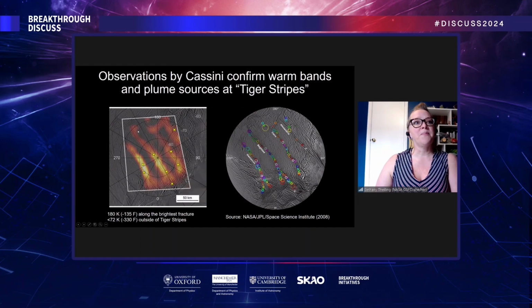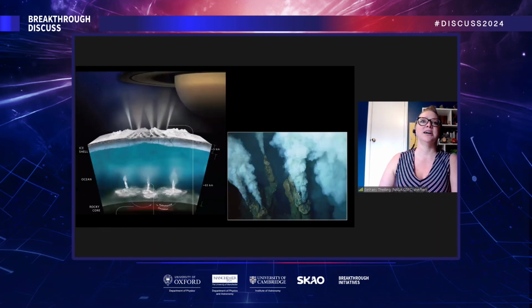So you've got these warm bands. I'm going to say warm in quotes, and I put these temperature estimates at the bottom here. So negative 135 degrees Fahrenheit is probably the warmest, but this is the surface. This is not underneath the ice. And then about negative 330 degrees Fahrenheit out here, and you have Kelvin here as well. This image on the right-hand side shows the unique detections of plume activity, the unique sources of plume activity. As of 2008, there have been many, many of these. This was just a helpful diagram.